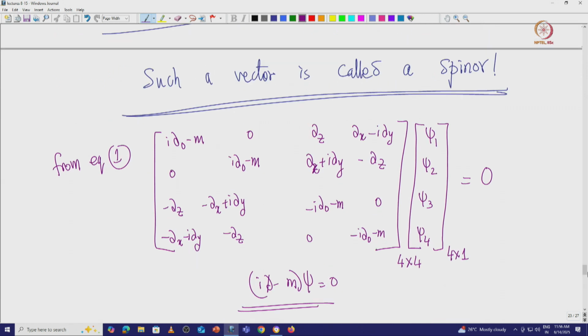Because if you look at just the solutions at rest, when the particle has 0 momentum, you see that you cannot escape negative energy solutions. You will have the first 2 components which are positive energy, and the next 2 parts are negative energy. There is no way of escaping negative energy solutions. Now, you can ask the question, then is this just the Klein-Gordon equation in a different form or some such thing?